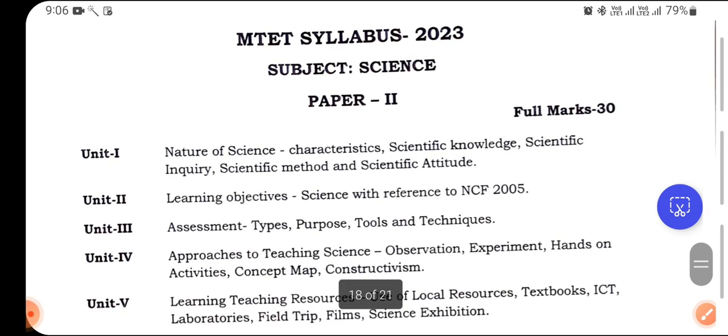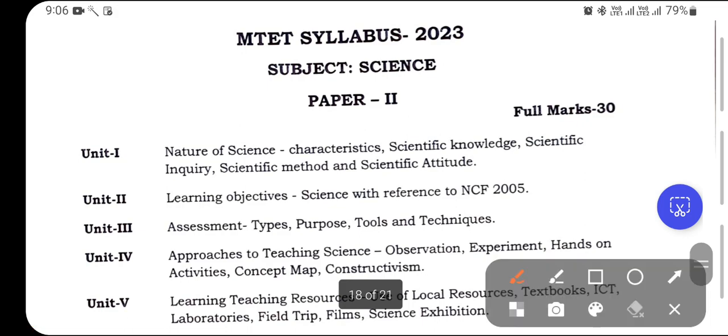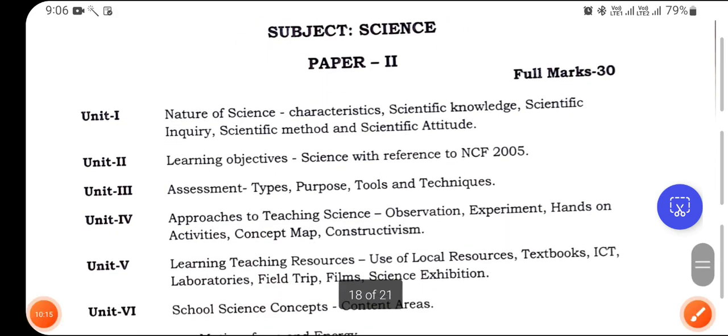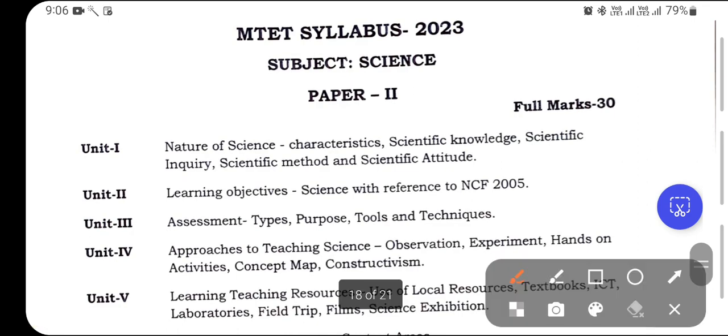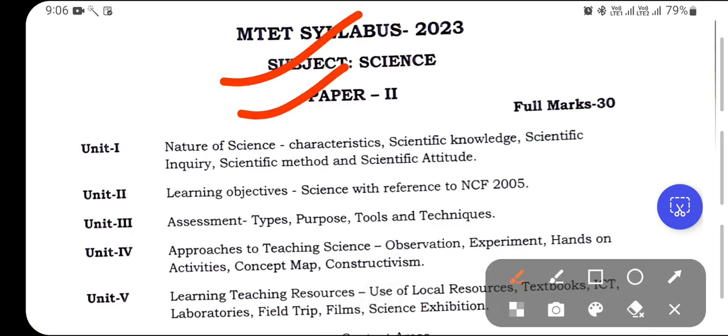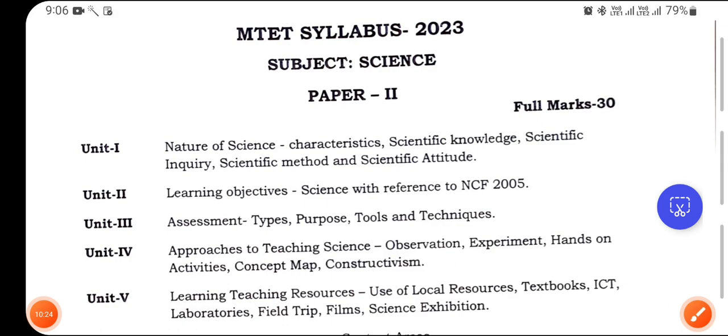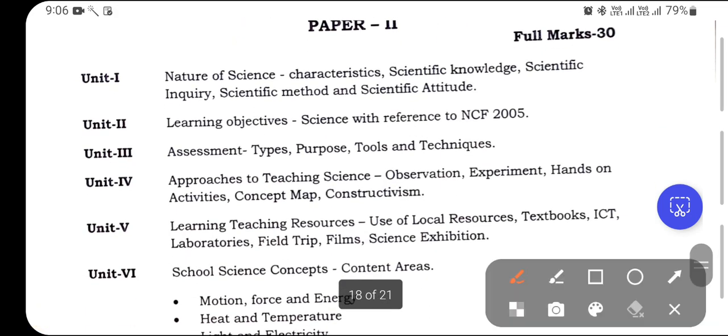And from science, 30 marks. That was maths. Now this is the science section, because 60 marks are allotted for those who want to go for social studies or those who want to go for maths and science. So these are the science topics, 30 marks will be there. So maths and science will come combined.